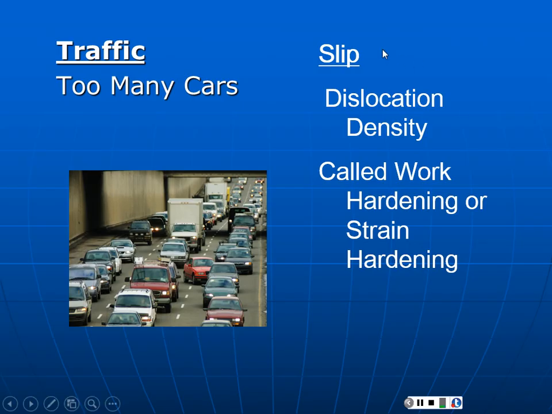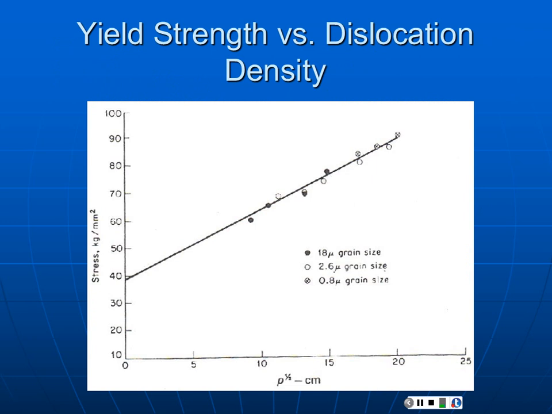It turns out in slip, we're going to have a limitation that dislocations can't share space. They interfere with each other. And this is called work hardening, or sometimes called strain hardening. Both those terms are common. And all that happens is as we add dislocations, we're going to find the material stronger and stronger. So